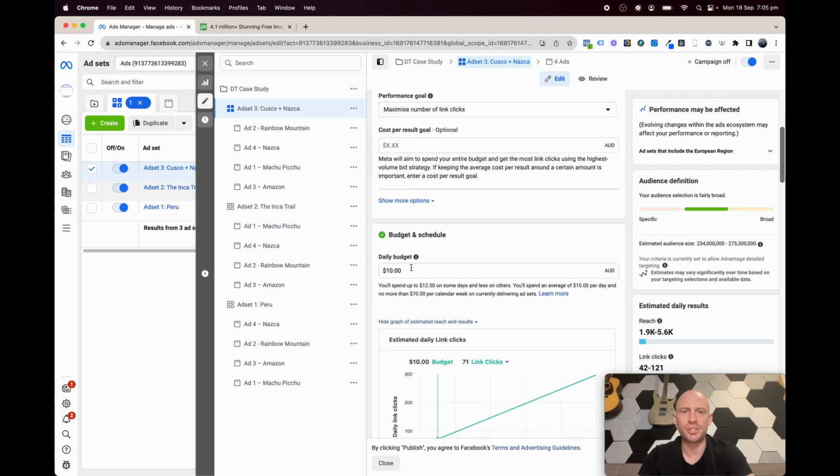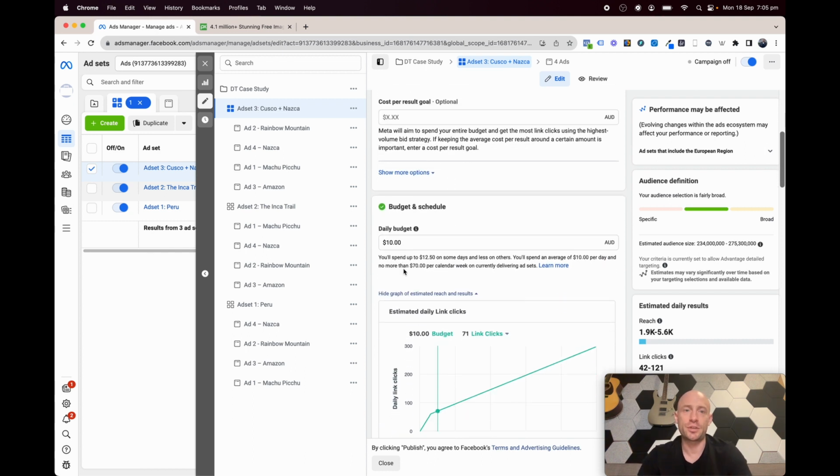I set a budget of $10. That's over 3 ad sets, so that's actually $30 a day. This is because this is in the testing phase and we don't want to blow our budget out before we've got enough robust data in order for us to then say this is going to work or this is not going to work. So I'd leave that run for 4 days, 5, 6, 7 days minimum, and then analyze the